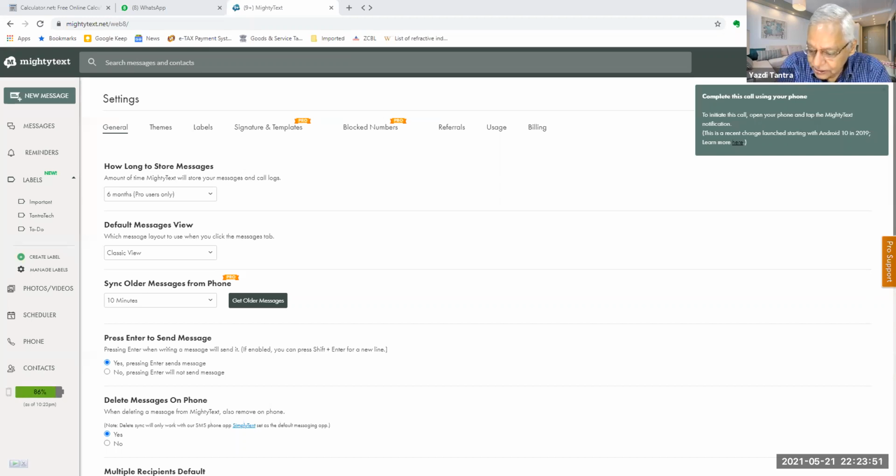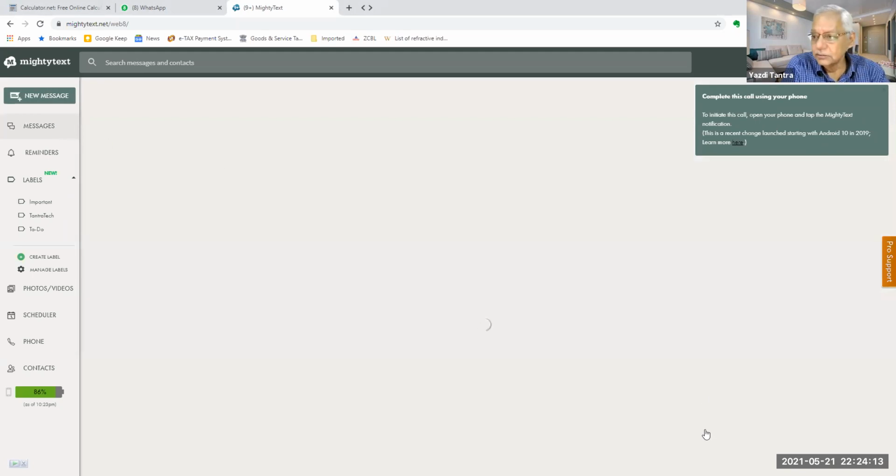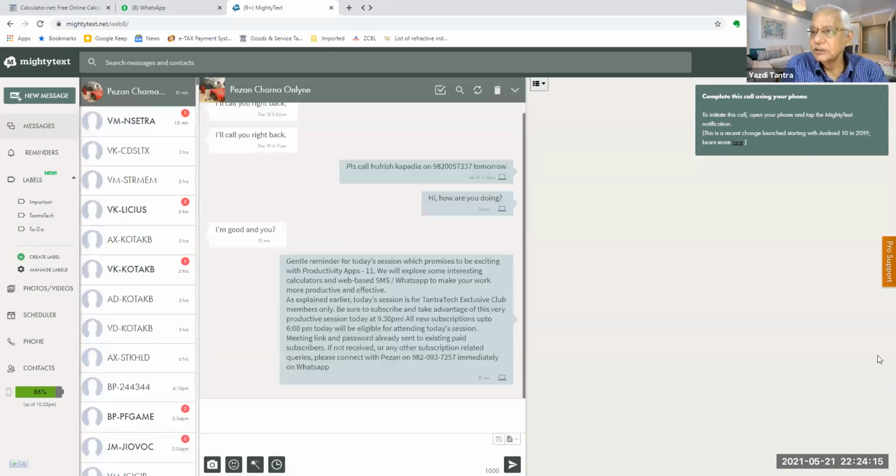Regarding iOS, they have this iOS option. I'm not showing it on iPhone. I'm sorry, I'll have to figure it out. For iPhone, I'm a little weak, but I'll have to find out and let you know. Normally when you go to messages, there is a pop-up.